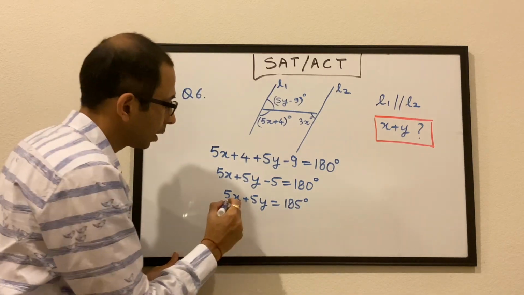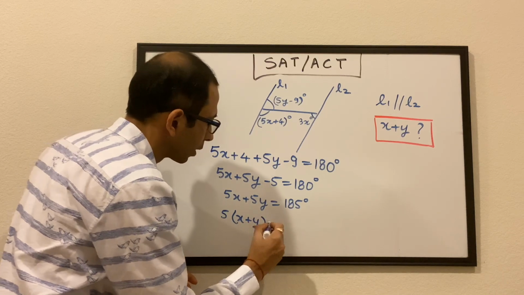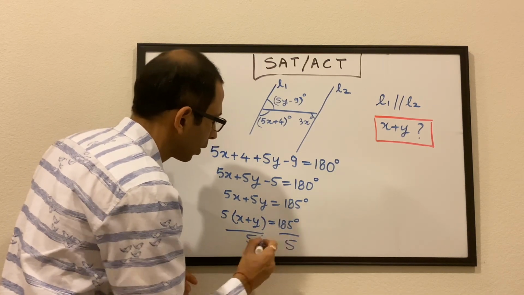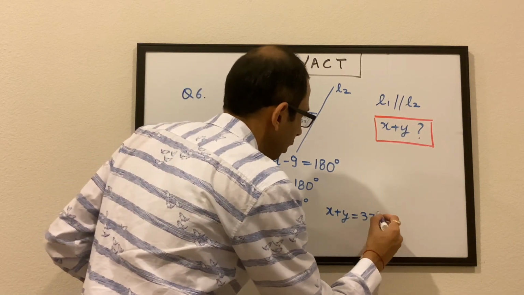And if you really see, we can actually take 5 common here to get x plus y, right? And then divide by 5 to get x plus y is equal to 37 degrees,